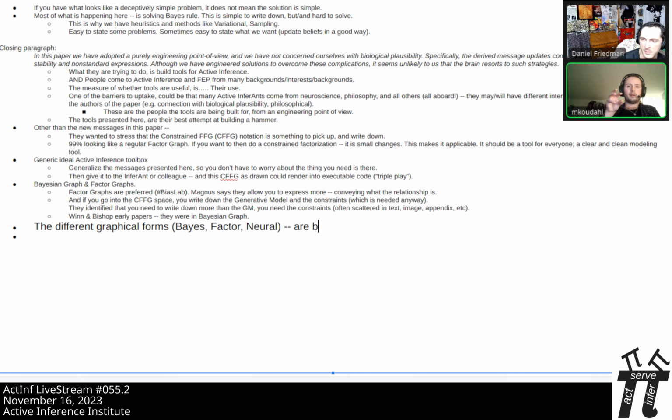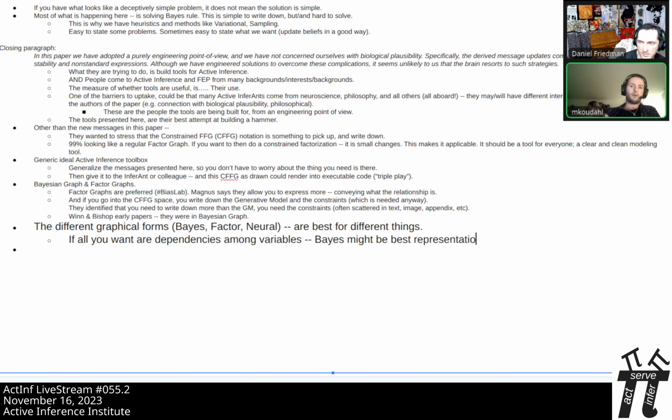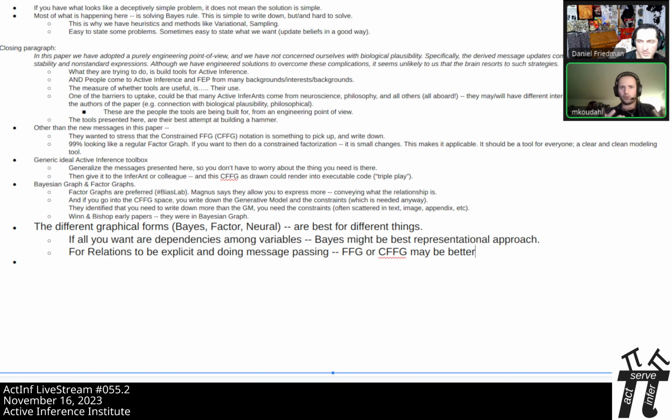If all I'm interested in is dependencies between variables, I want to know which variables depend on which others, Bayes nets might be the best way to represent that, and that might be the case for the problem that someone is working on, where this is the central information that they care about. If I also want the relations between the variables to be explicit, and I want to do message passing, maybe an FFG or a CFFG is a better representation. And if I care about, say, neural implementations, maybe a neural circuit is the right choice.